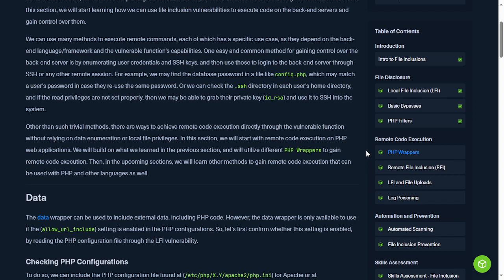For example, we may find the database password in a file like config.php, which may match a user's password in case they reuse the same password. Or we can check the .ssh directory in each user's home directory, and if the read privileges are not set properly, then we may be able to grab their private key, the id_rsa,